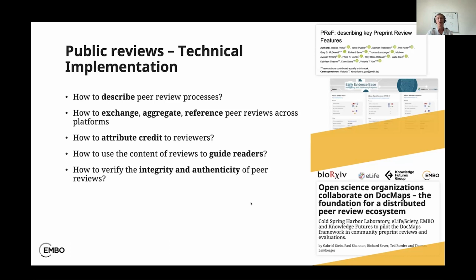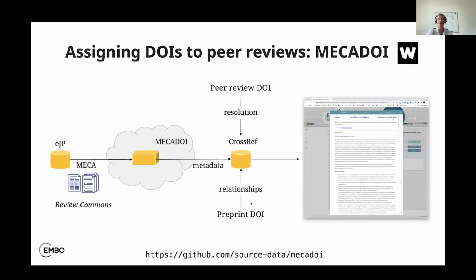we try to contribute with the community with some projects. We have started an experimental website, the Early Evidence Base, that aggregates reviewed preprints across multiple platforms. We assign DOIs to individual peer reviews. So we have an open source project called Meca DOI funded by the Wellcome Trust, where we try to leverage the Meca standard to extract metadata that describes sufficiently the reviews and the peer review process such that the metadata can be deposited on Crossref to then assign a DOI to individual reviews, which is very useful to make these reviews